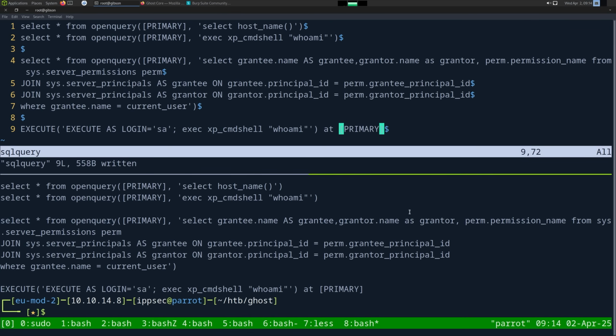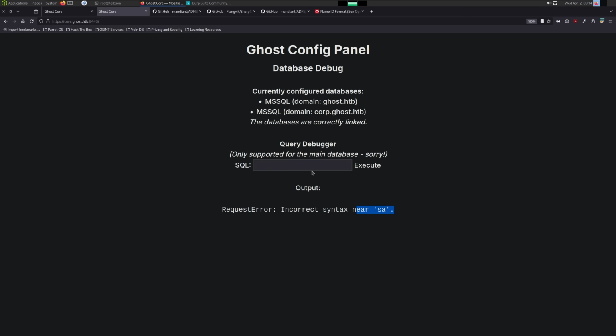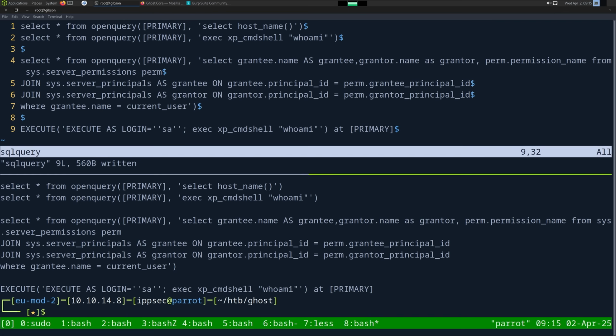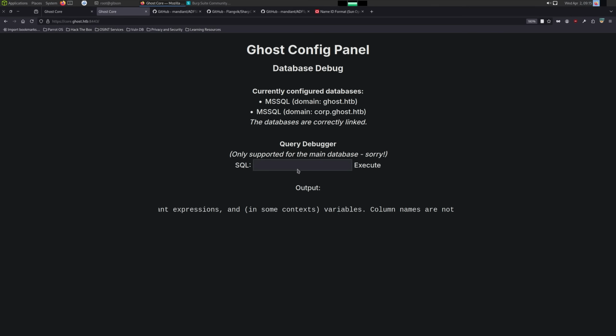Incorrect syntax near SA. Oh, let's make that as double quotes. Paste. Not permitted in this context. It does not like SA being in double quotes, maybe? And I'm doing a double single quote because we're doing single quotes here. So this is how you escape a single quote in single quotes. Bit of quote inception, but let's try this. Copy, paste,